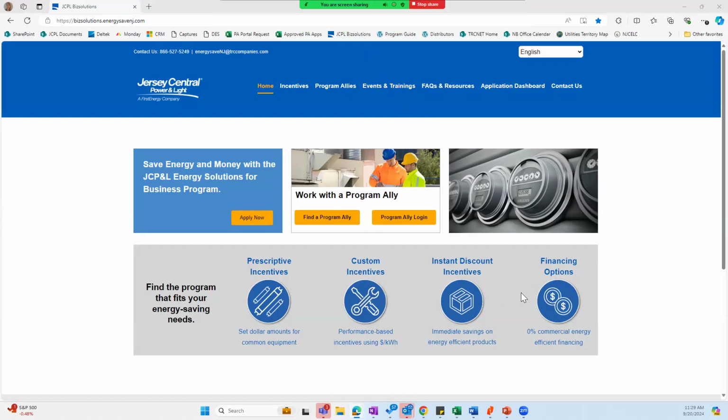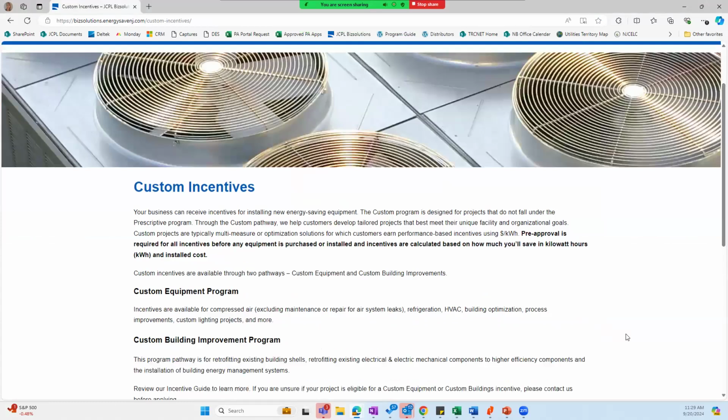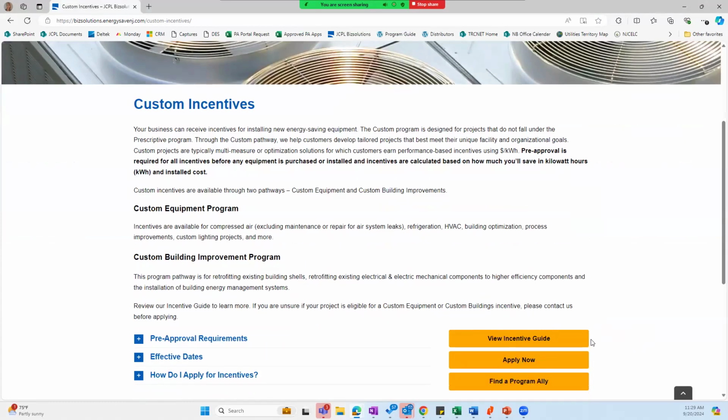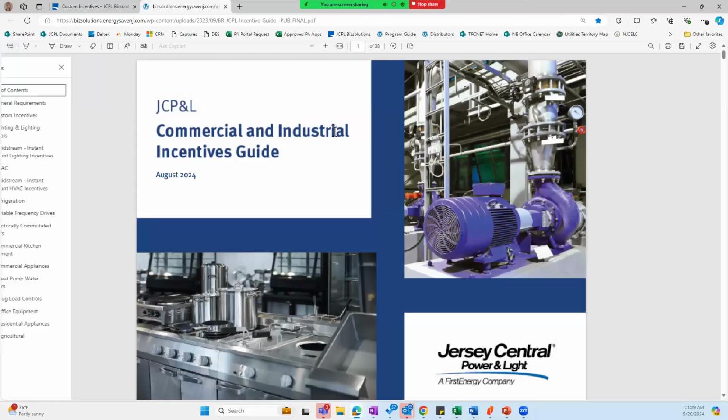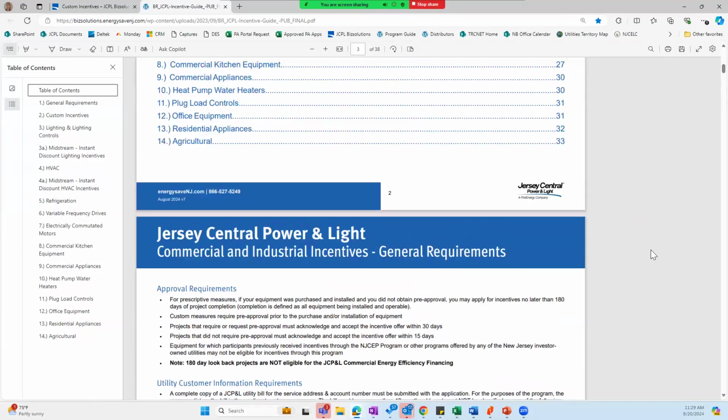And here's where you can find all of our programs. You can click here and see additional information regarding the custom program. And here is where you'll also find the incentive guide, which is also available on the prescriptive website.